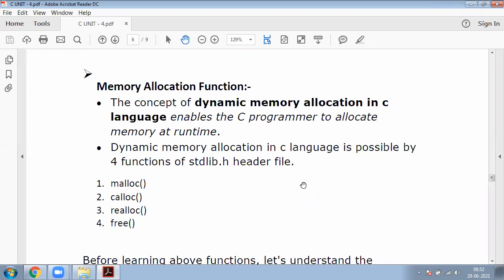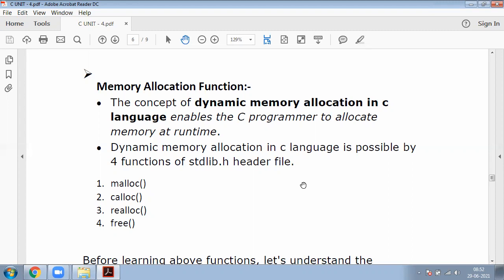So simply, memory allocation functions are used for dynamic memory allocation. At the time of program running or executing, we are allocating memory to particular variables.